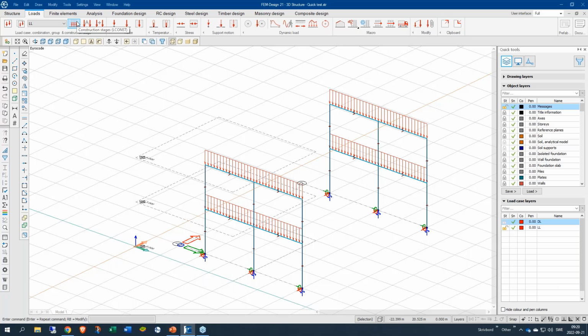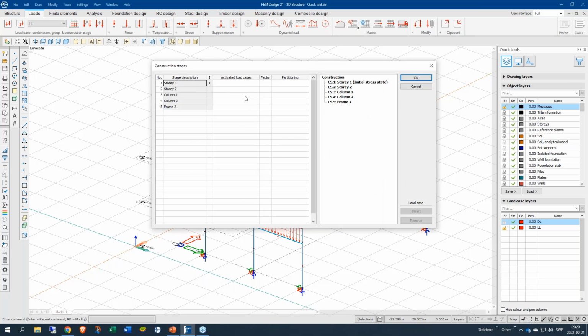If I now go in here into the construction stages, I can basically say at what stage the load will be activated. So here I will be starting the dead load, and that will have a factor of 1.35. And it should start from this stage on. And I will be applying a live load here